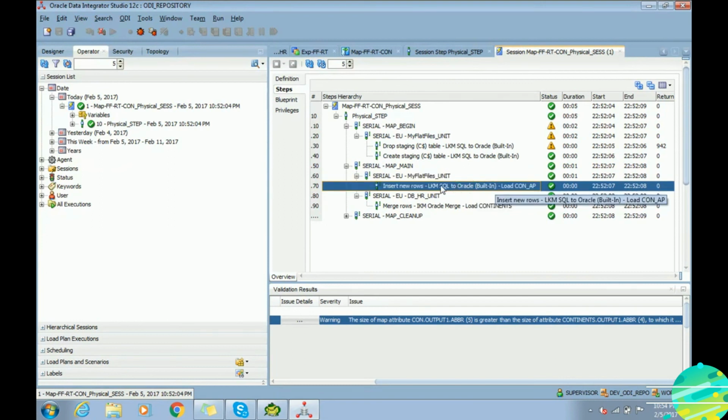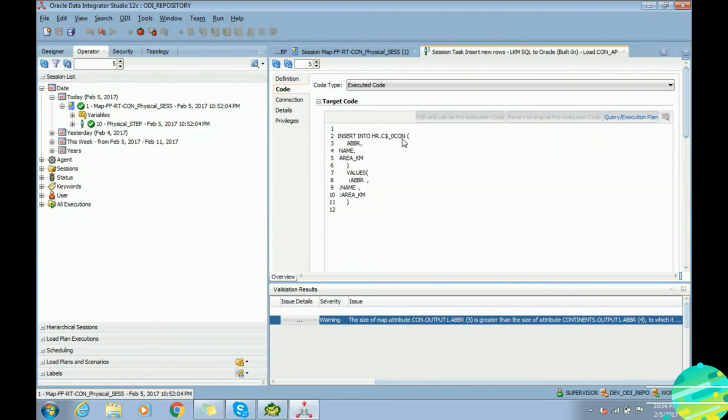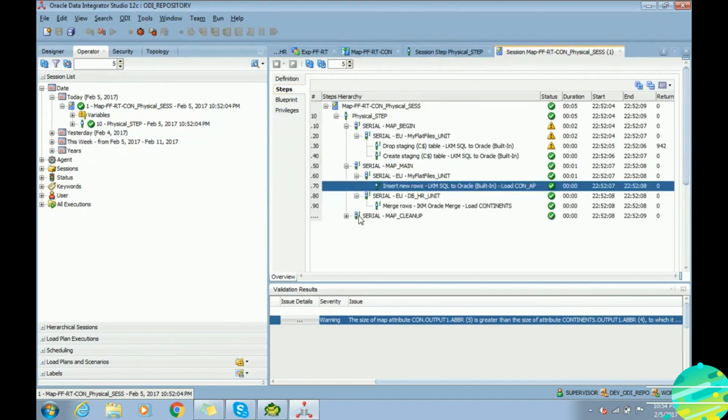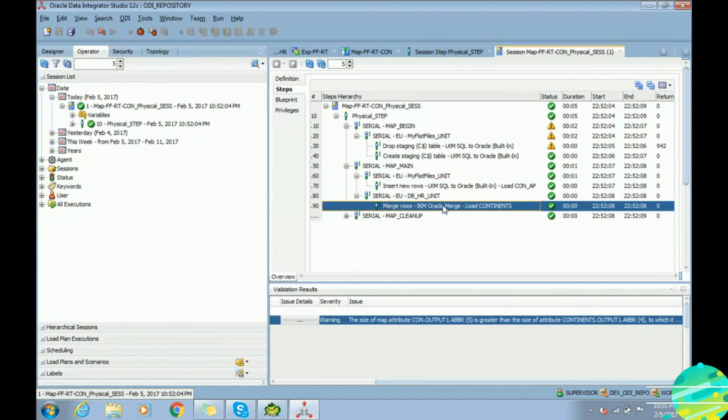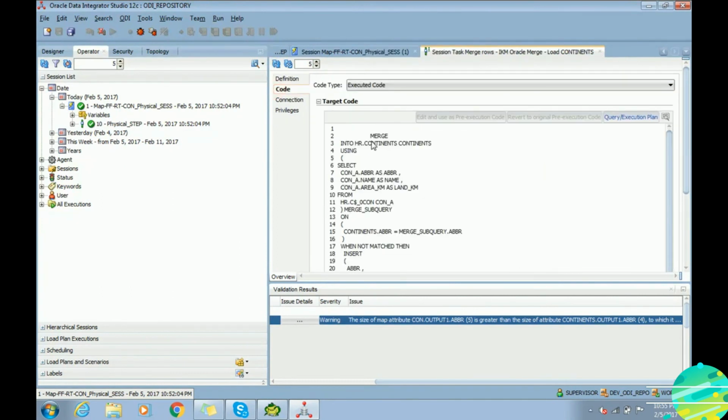If you double click on that task, then it takes you to the further details, and that's where you can see the code which it has executed. These are basically SQL code, because in my case the target database is an Oracle database, so that's why ODI is running the code in SQL language.